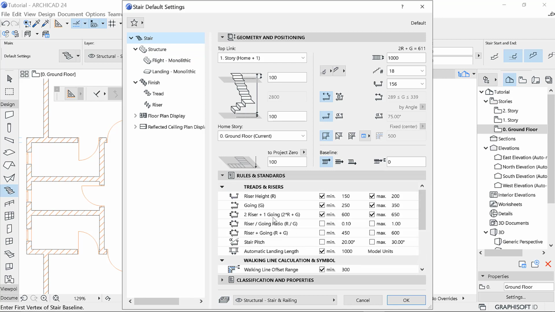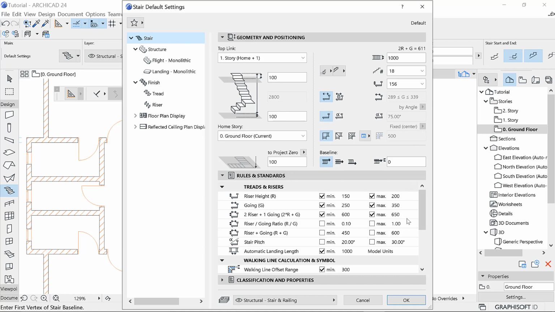Make more use of the stair option, and of course here you have the riser and the going. If you've designed a stair before in class, maybe in technical drawing, you must know what a riser is and what a going is. We're going to have 18 steps, so the number of risers will be 18, and the height of the riser is going to be 156, and the going,